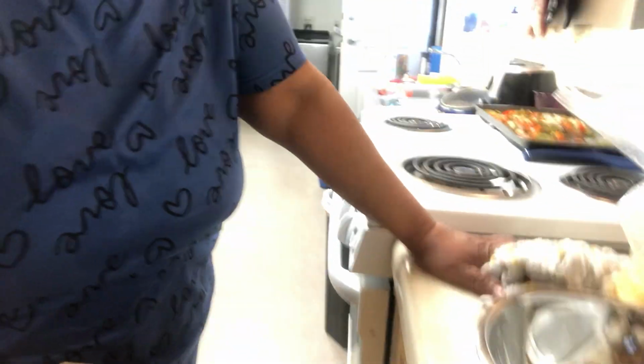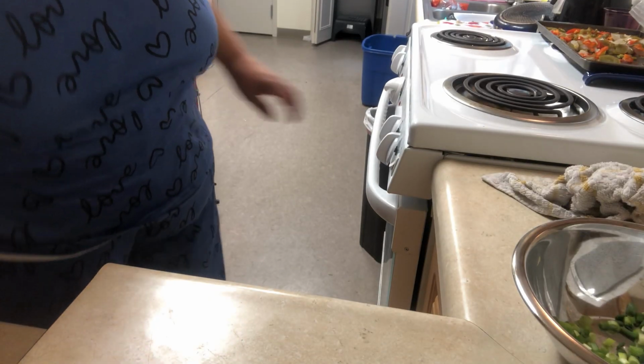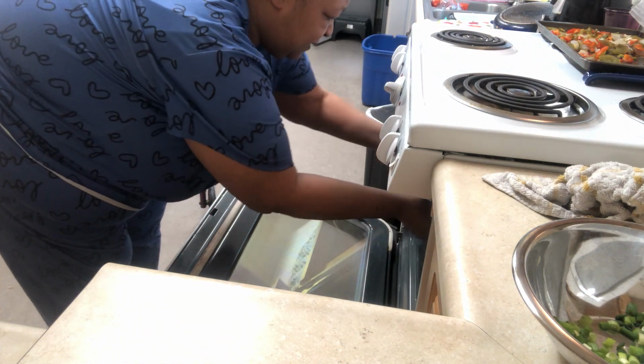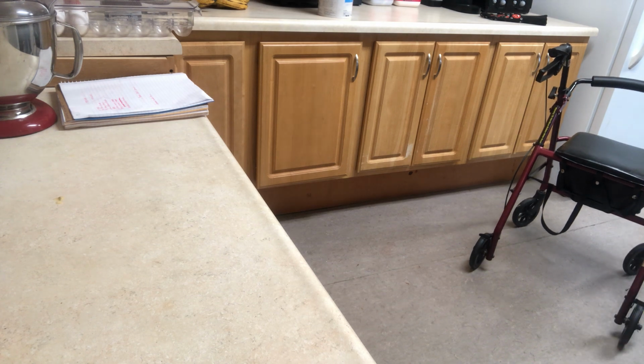Alright, so let's get our oven open and get them in the oven. Set our timer for 20 minutes. Start. Alright, so now I'm going to put some of this stuff aside until those are done. Clean up my area real quick. And then we're going to get started on